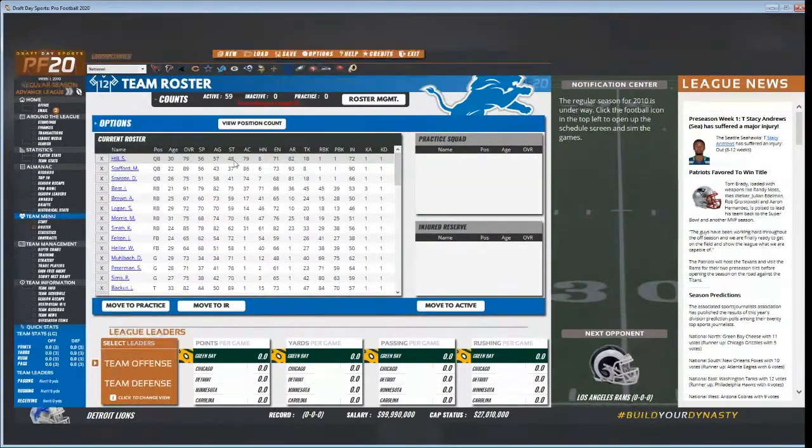So the way you can check a couple of things to help you with roster management in terms of what positions you need as minimum, who you've got in what positions, you can simply just click on this view position count. And this will bring up your current number of players you've got at particular positions and your minimum number of players that you need in order to make your 53-man